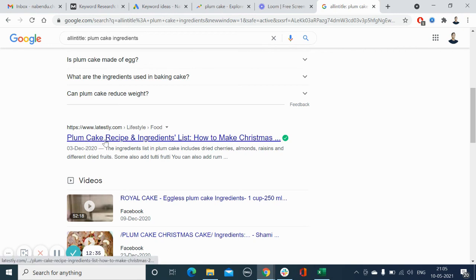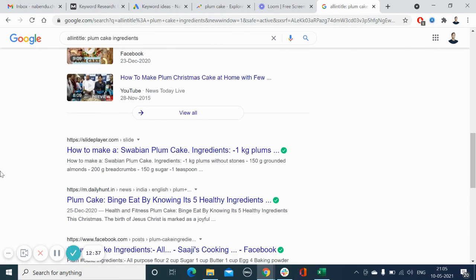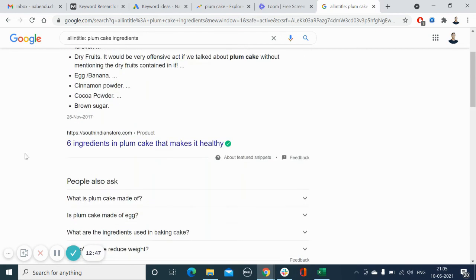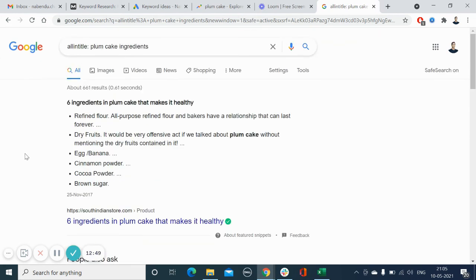Okay, so if you see plum cake recipe and ingredients, plum cake ingredients, plum cake ingredients, you will find this keyword in every title. So now our competition has reduced because we want to rank with our title and we only want to compete with those who have this keyword in their title. So we got to the result 661, which I've added